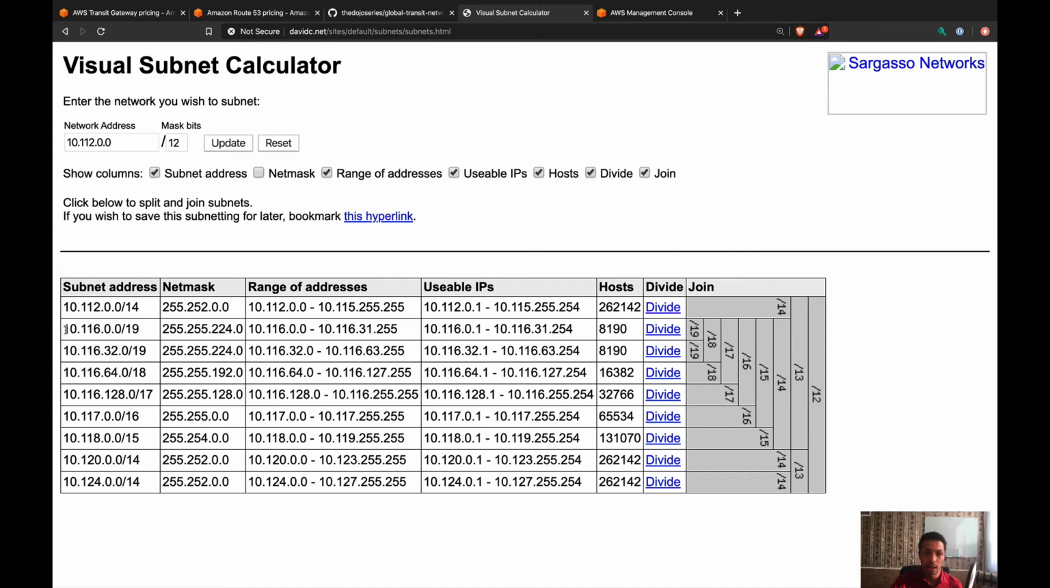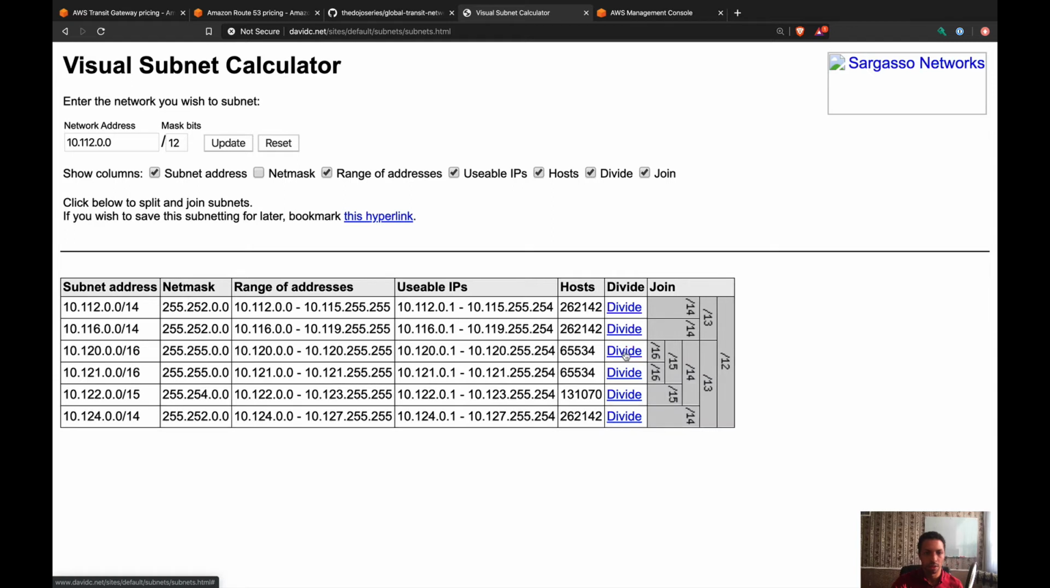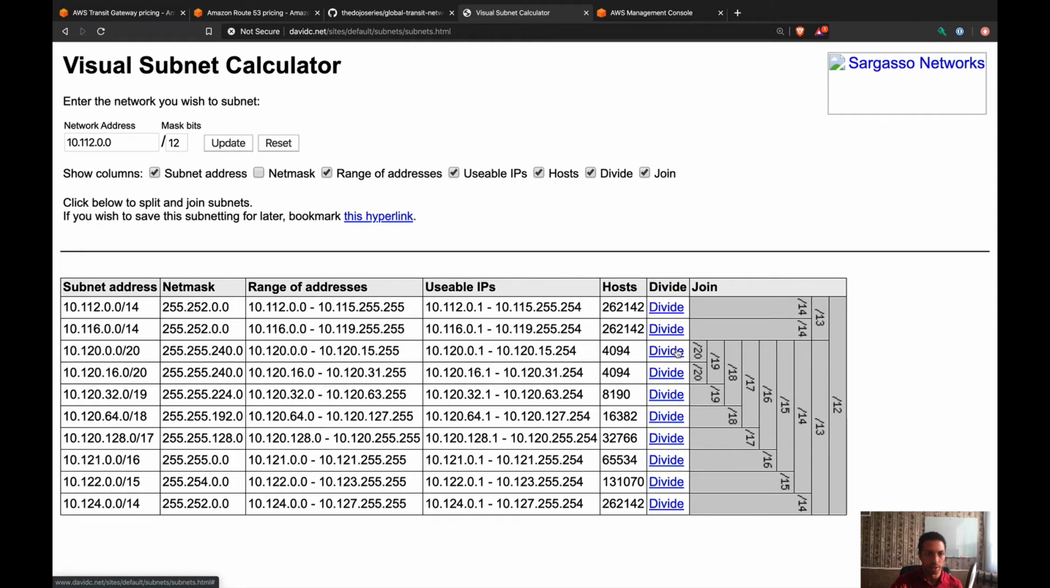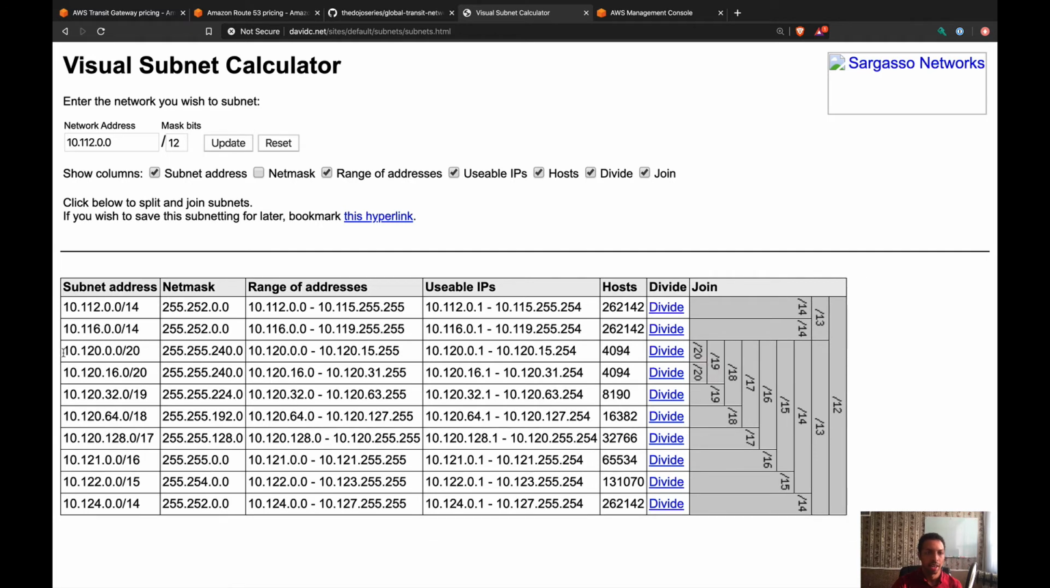So for the UK, our VPC is going to have the address 10.116.0.0/19. For Brazil, it's going to be a little more than 4,000. So let's split the third range until we get 4,094. So write it right here. And so the address for Brazil, let me go back, it's going to be at